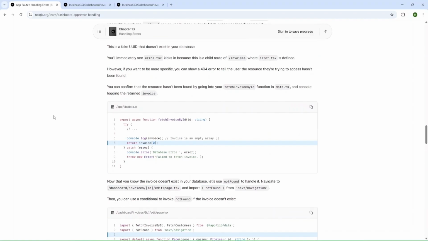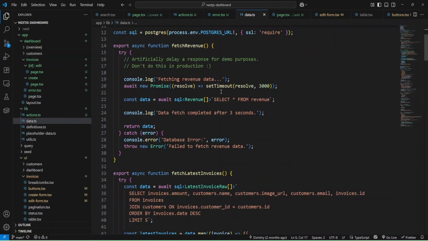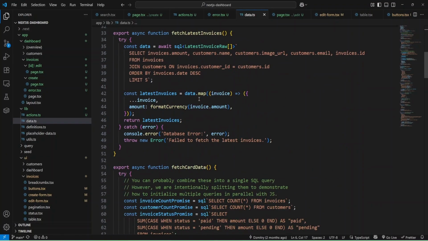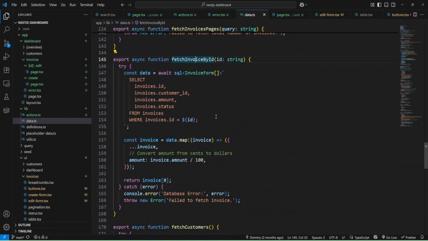Okay, and they propose to check our data that we have invoice, and let's do it. Inside lib data, I'm going to try to find this, and inside fetch invoice by ID, and let me find this function. Okay, fetch invoice by ID.